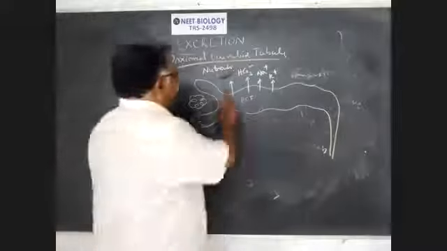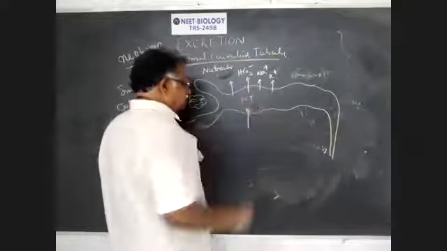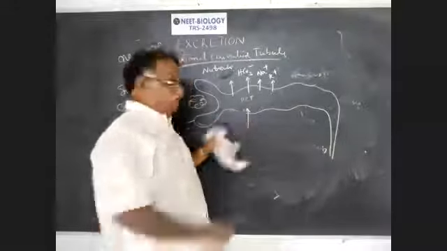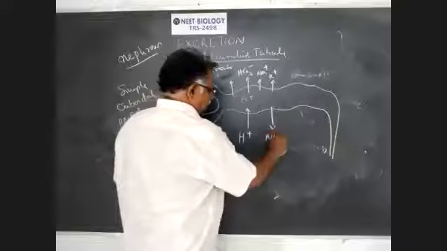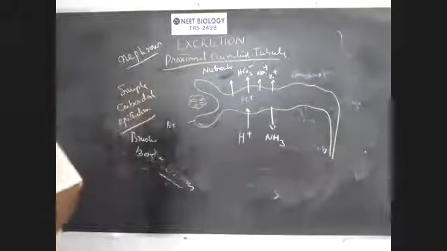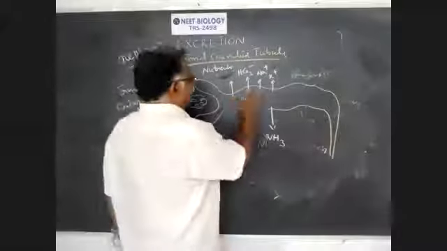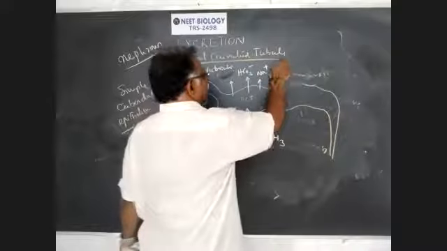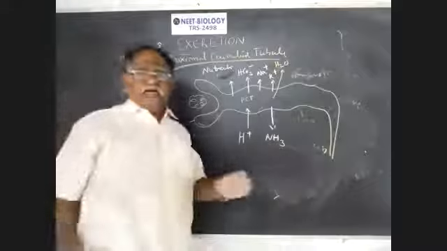Ammonia. So these are the substances which are reabsorbed. Substances which are secreted into the glomerular filtrate: hydrogen and ammonia. And water, important one, water. So write down the substances which are